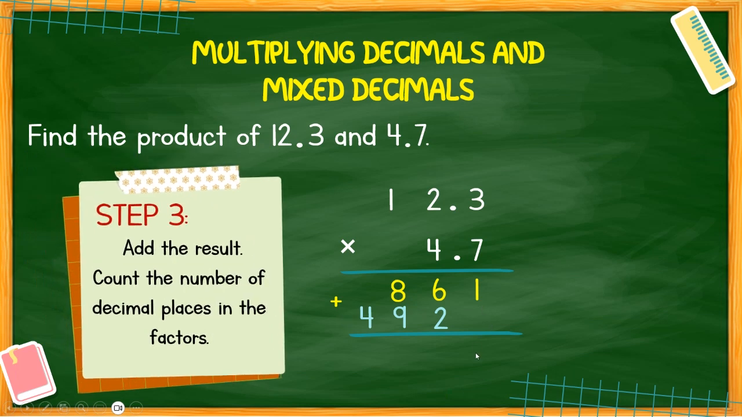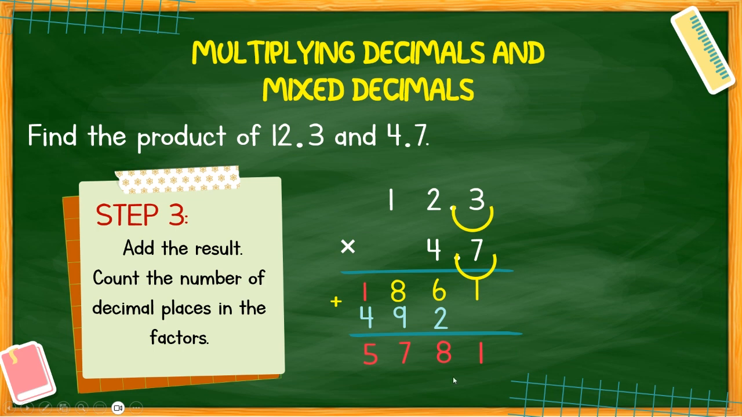So bring down 1. And then 6 plus 2, the answer is 8. 8 plus 9, the answer is 17. Regroup 1. And 1 plus 4, the answer is 5. And then, what do you notice? In the first number, how many decimal places do we have? We have 1. And for the second number, it is 1. So therefore, the total decimal places is